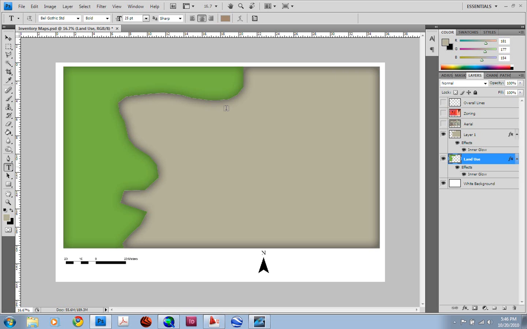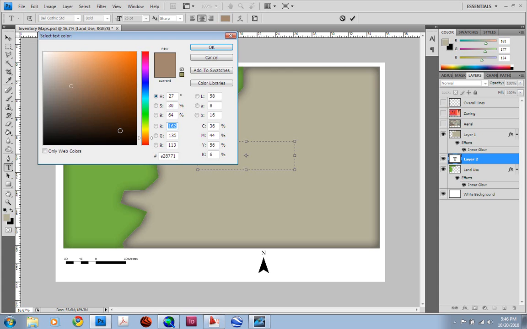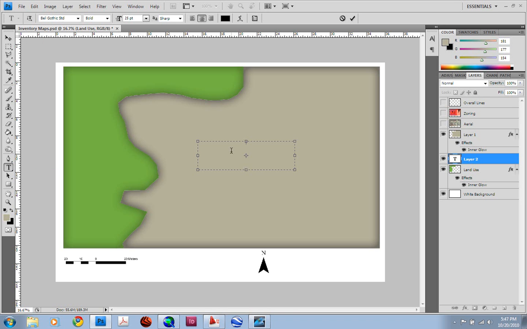Select over here, just drag it, and then it gives you the ability to select what font that you want and color here. So I'll make this black. And what was this? The designation was cleared and uncleared. So it looks a little small, so let's make that bigger. Let's make it like 60, or let's make it 100. Okay, so like cleared